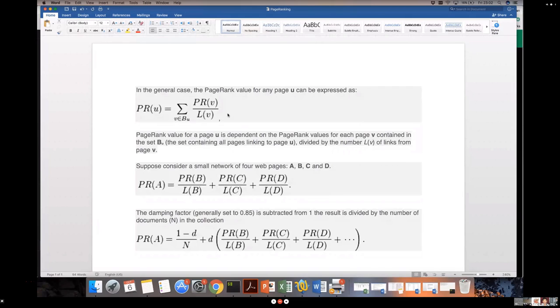The similar logic. So how will the page rank of one web page be calculated? Here, the page rank of the web page U. Assume that PR stands for page rank. Page rank of U, where U is a web page, or any page that you want to rank. So PR of some page U